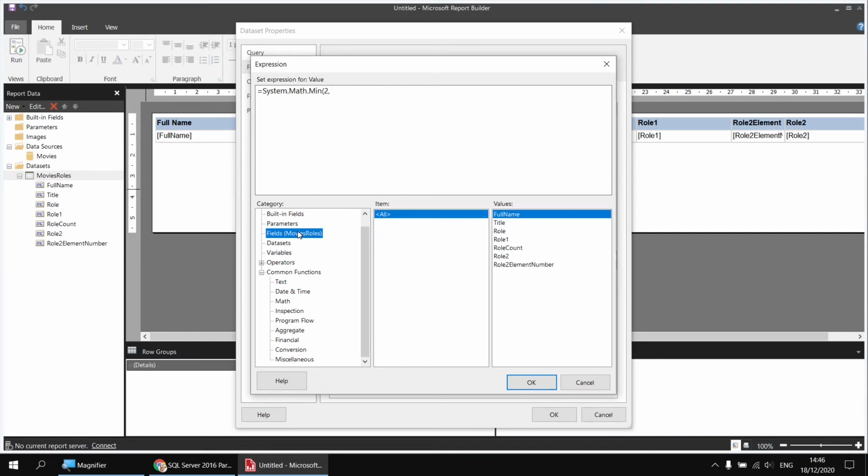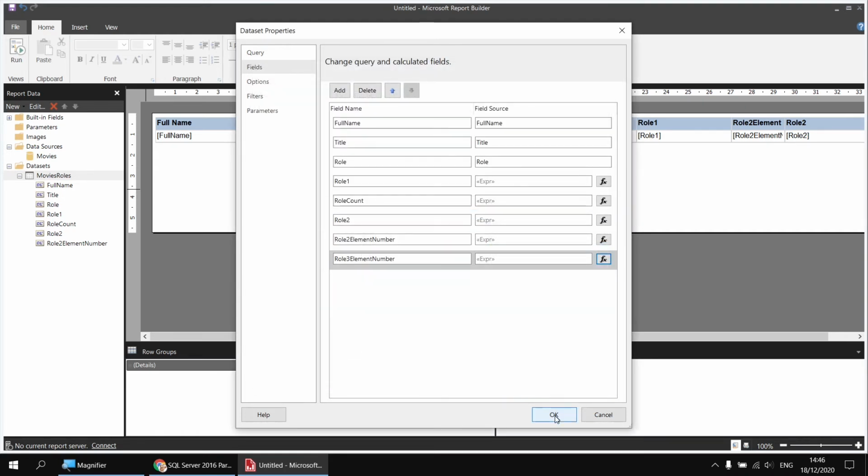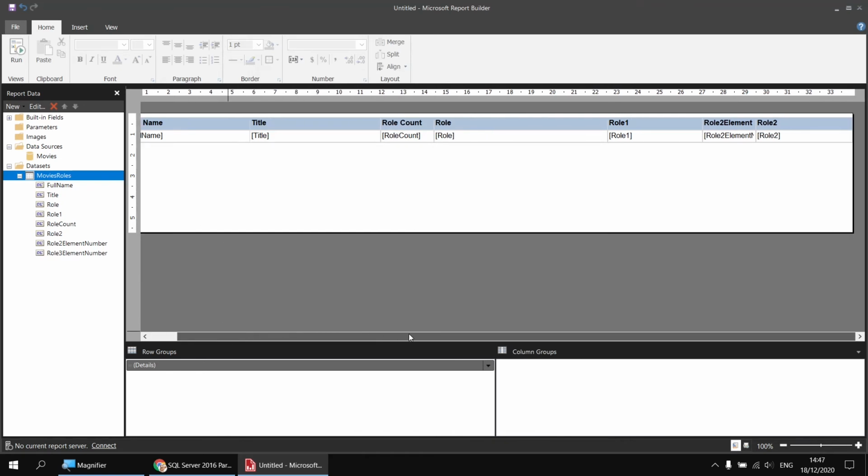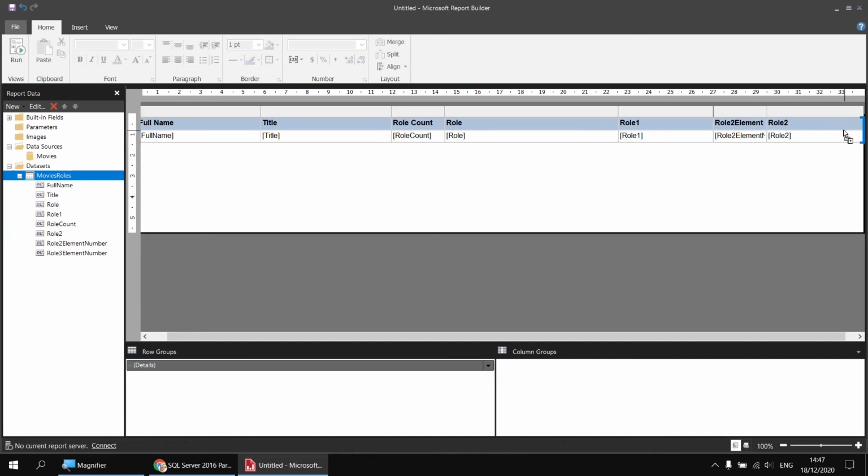So I'm going to go to my fields list and double click the role count field and then simply subtract 1 from it. So that will calculate the highest numbered element of the array for each actor. It's a bit less typing than the if function, I think, just about, maybe. It's a slightly more sophisticated approach, but if I click OK and click OK, and then I want to insert that column into my table, I'll just scroll across a little bit and drag that column to the end of